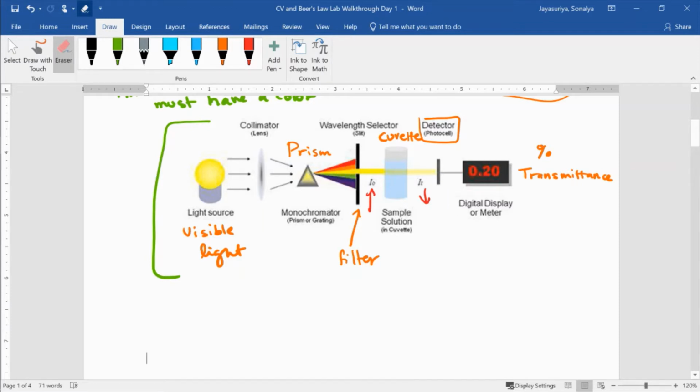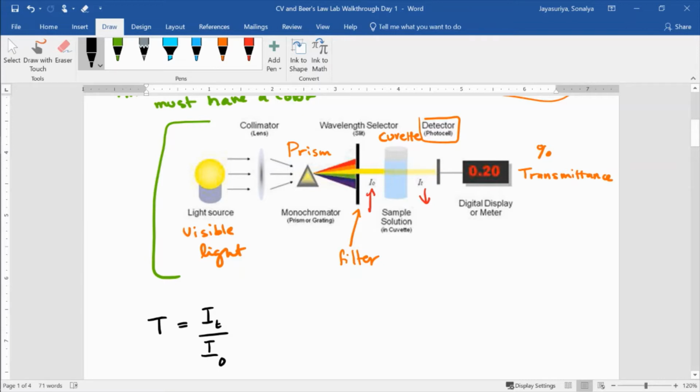Okay, so you can say that transmittance is equal to the amount of light that came out over the amount of light that came in, okay,